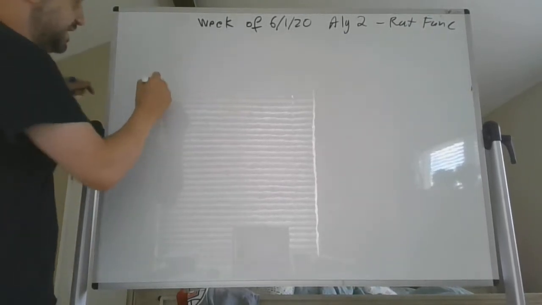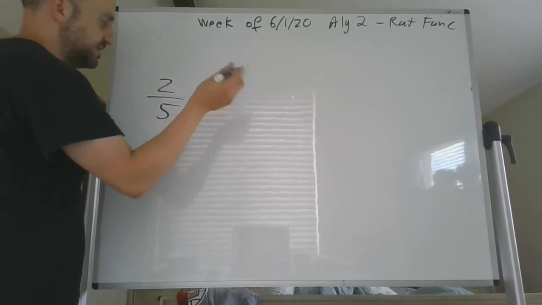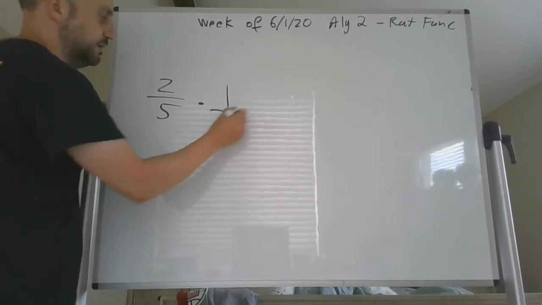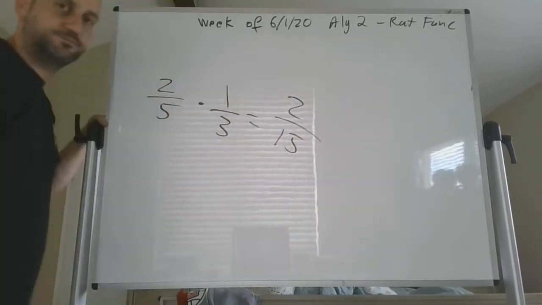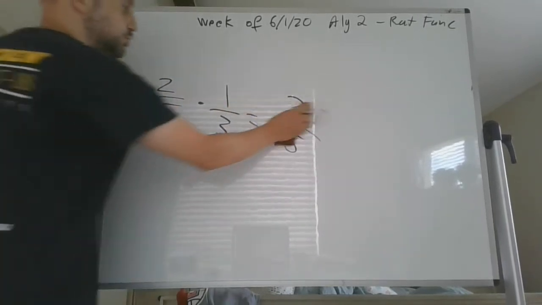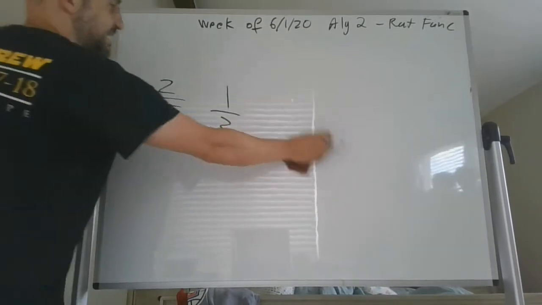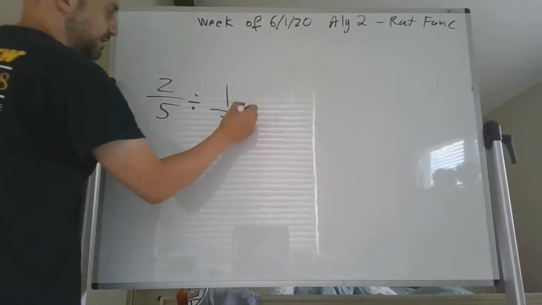So if I asked you, let's give an example, 2 over 5 times 1 over 3. Simple. 2 times 1 is 2. 5 times 3 is 15. Done. But if I told you 2 over 5 divided by 1 over 3, well, first, before you do it,